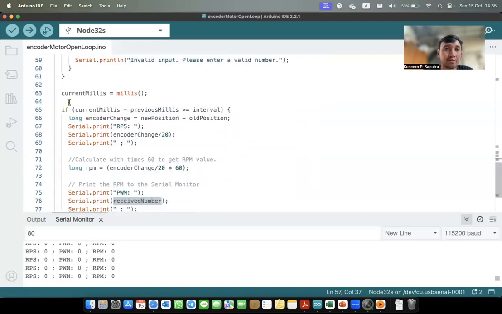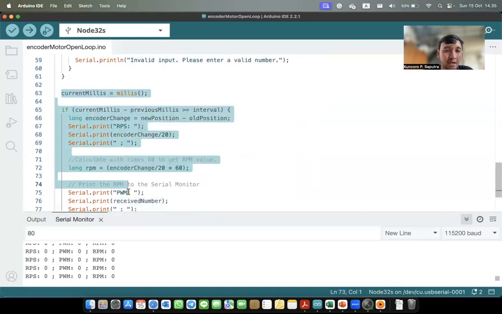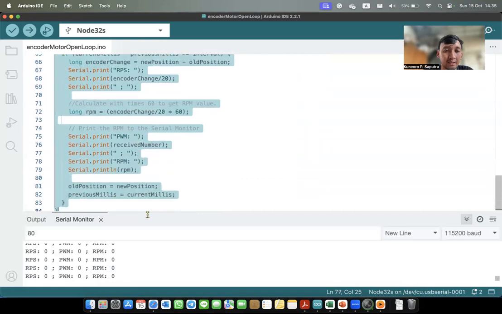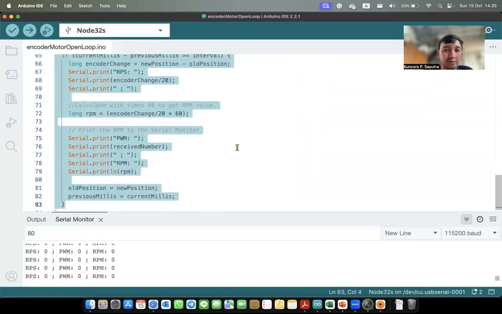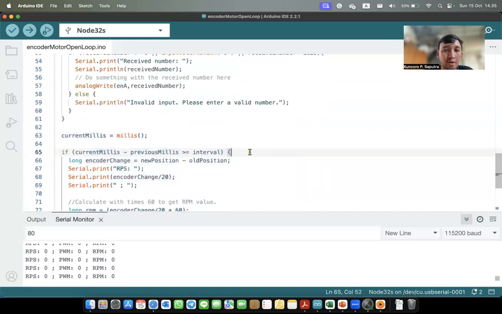After that, in this block, I use an interval value of 1 second to know what the value of the encoder change is. For one rotation, the encoder change should be 20.